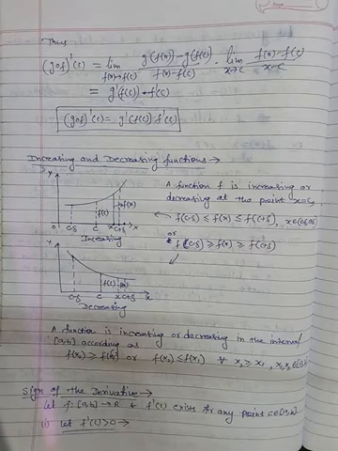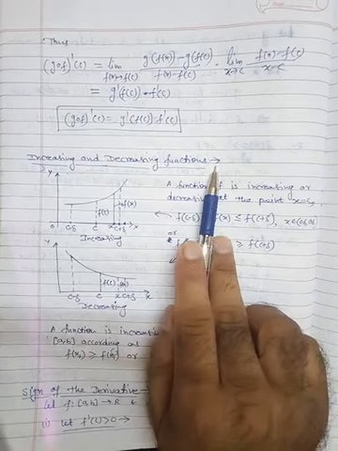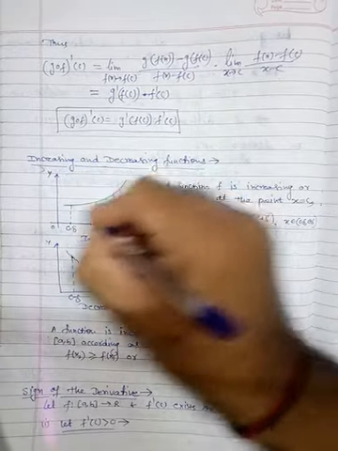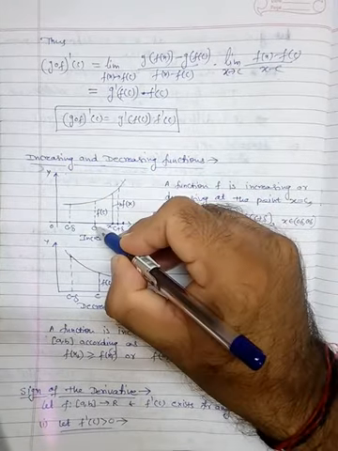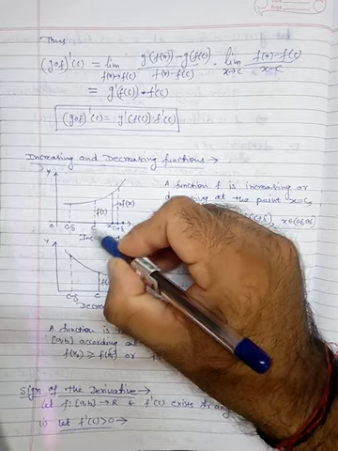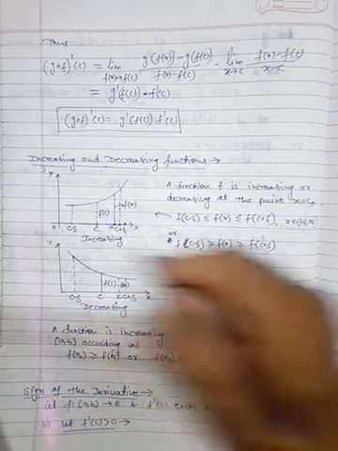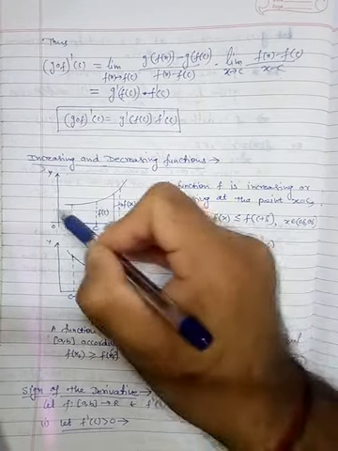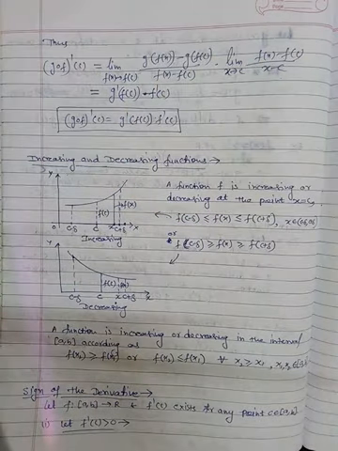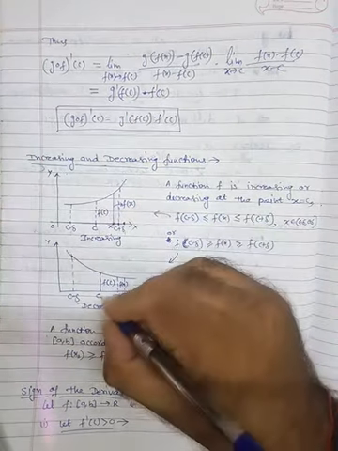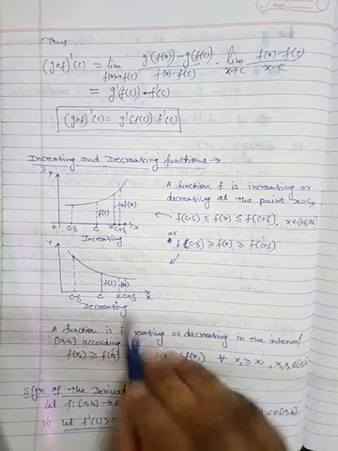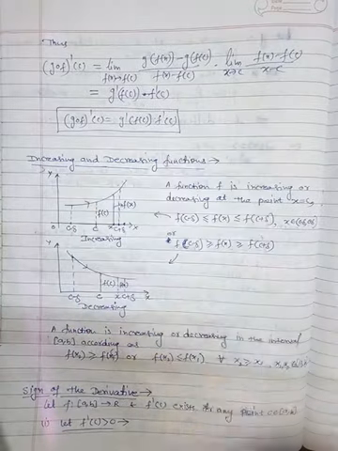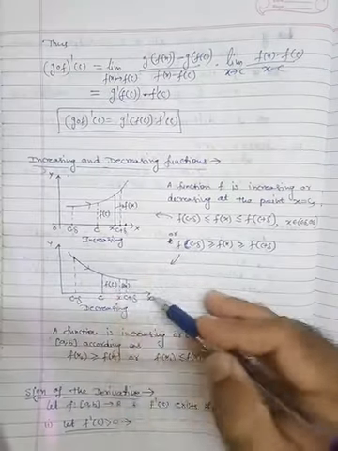Now the next concept is increasing and decreasing functions. What is the meaning of an increasing function? Increasing function means this type of pattern. At any point, suppose c is any point in the domain, you will see that around c, in the neighborhood c minus delta to c plus delta, you will have this type of increasing pattern. Similarly, decreasing means around c in the neighborhood c minus delta to c plus delta, you will have this type of decreasing pattern. So this is a decreasing function, this is an increasing function.